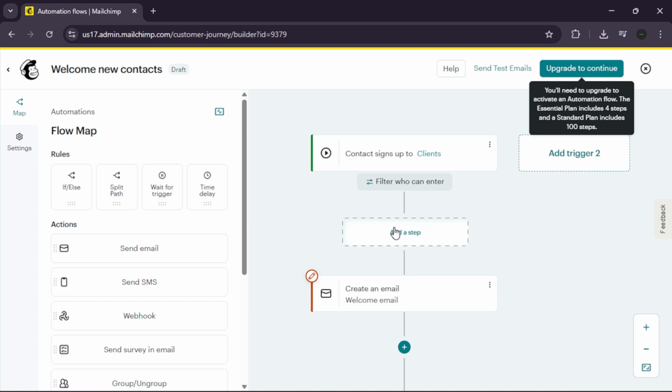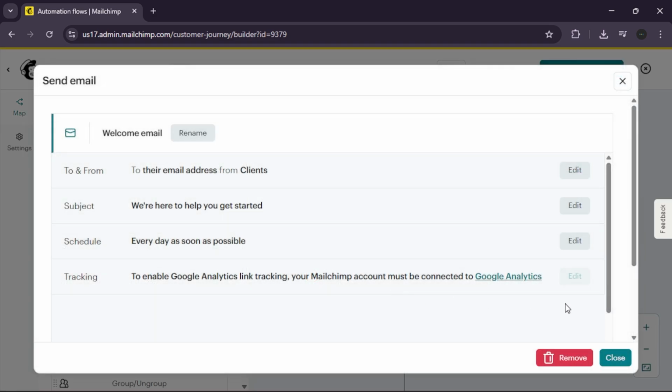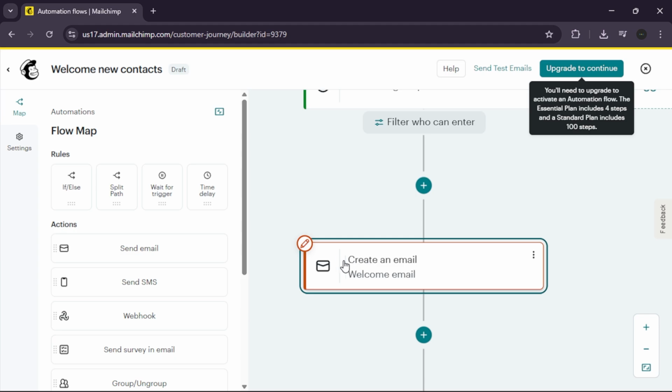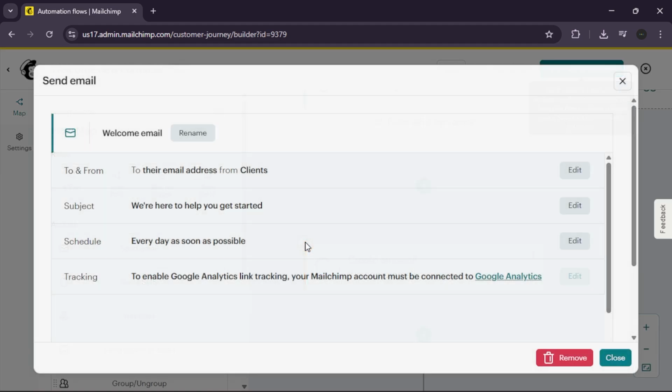Click the plus icon directly below your starting point. From the Actions menu on the left, drag and drop the Send Email block into your journey path. Click on the email block to give it a candid name like Welcome plus Free Guide, and click Get Started